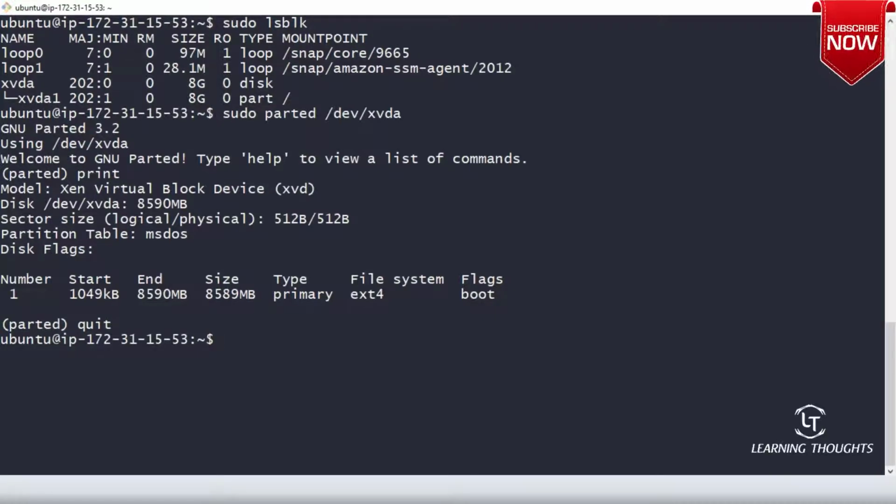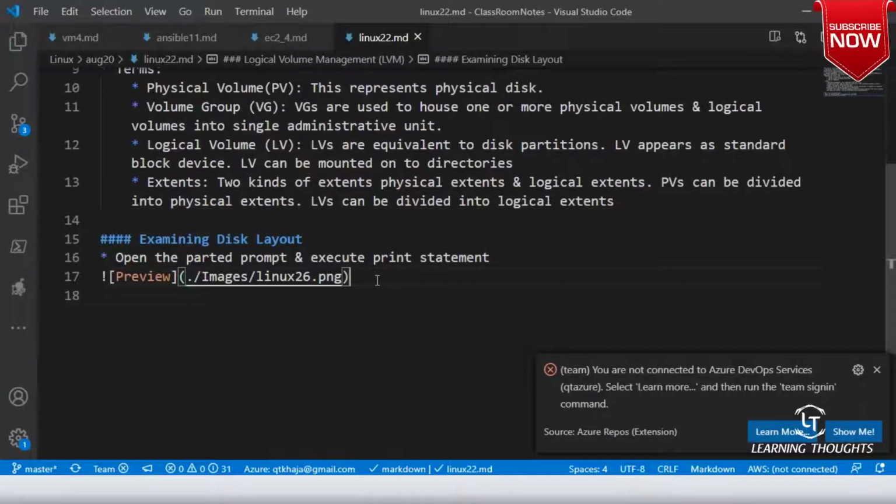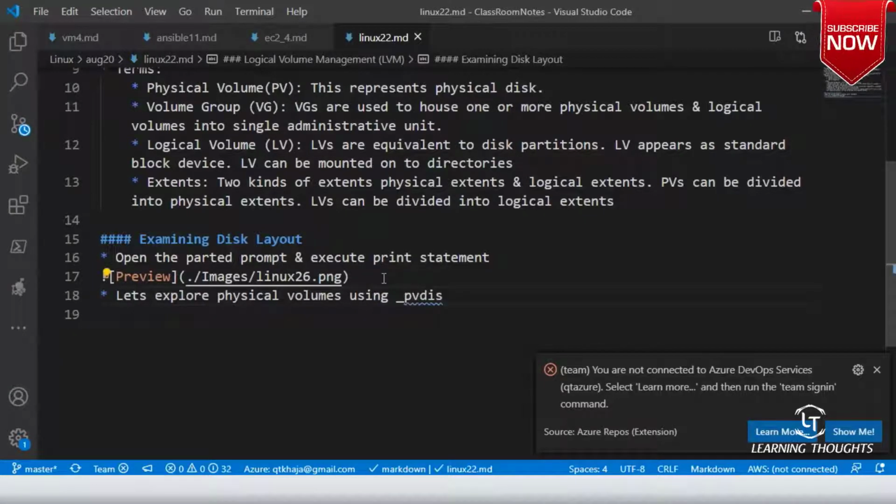Now let us explore physical volumes using pvdisplay.